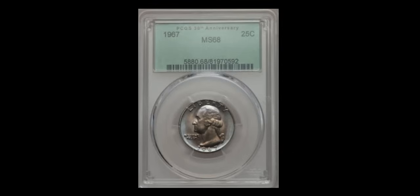Keeping in mind, for 1965, there are no Mint State 68s. 67 plus is the highest grade value for that particular coin. So it's only going to be a matter of when, not if, a 65 in a Mint State 68 will show up. Keep in mind, the coin has to be virtually flawless to attain that kind of grade level. So those are the 3 coins at a glance by